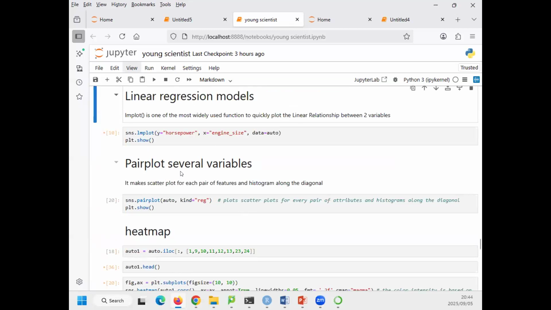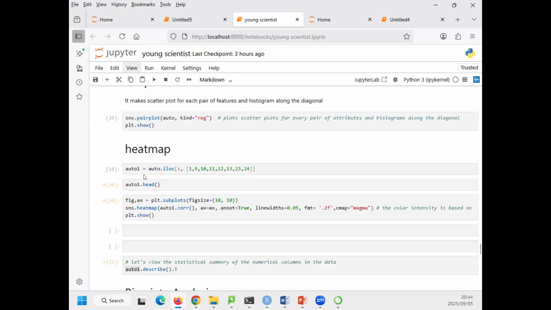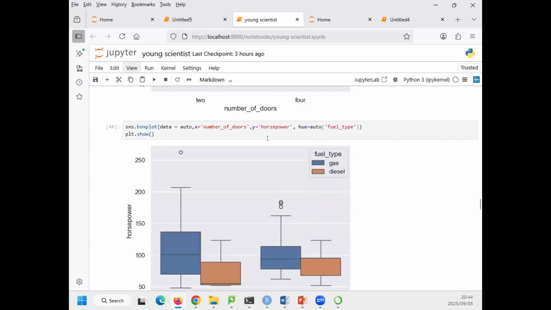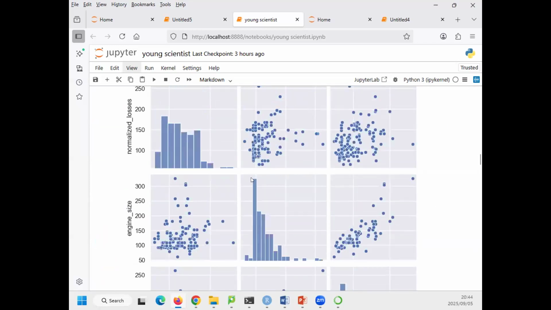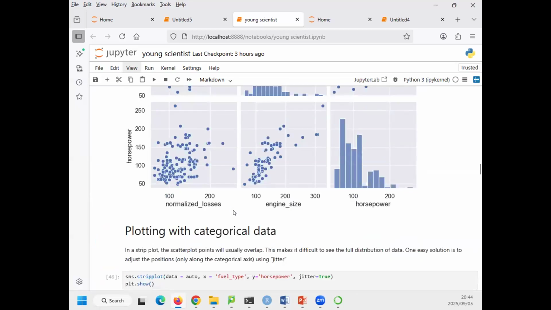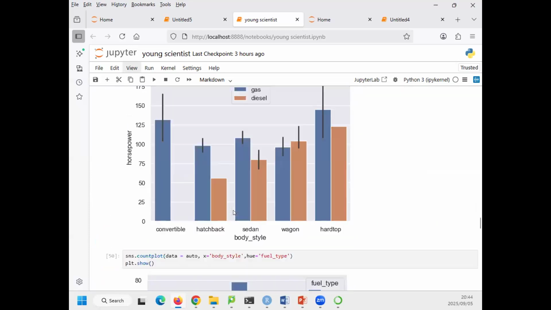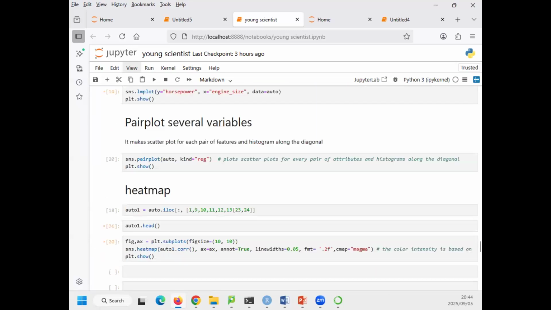I'll skip these two, I'll come back to it. If you want to perform a heat map, so you see sometimes earlier on we did this, but let's assume that I want to now draw a heat map of the